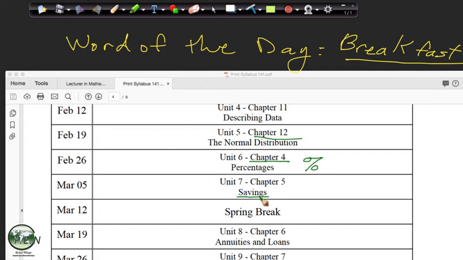Next week is the last week before spring break, and we'll start in with the unit on savings, which is maybe the most useful part of this class. I've had a number of students who after this went to their employers, and because they had 401k plans but never really knew the importance of it, they started seeing ways to take control of their finances. And after spring break, we'll bring back annuities and loans, which is the other side of financial math.